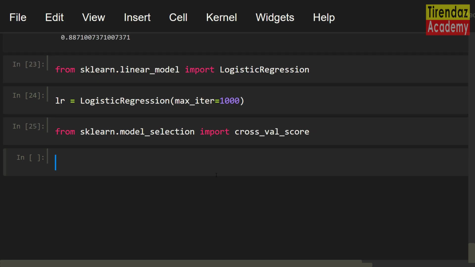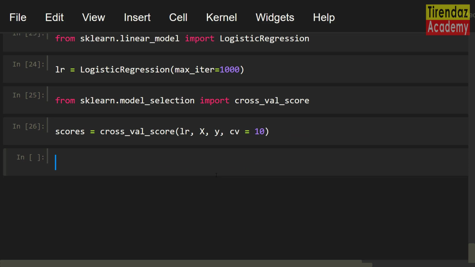Next, let's build the model with this function. scores equals cross_val_score. First, let me write the model, lr. Next, I am going to type the variables X, y. Let me set the cv parameter, cv equals 10.